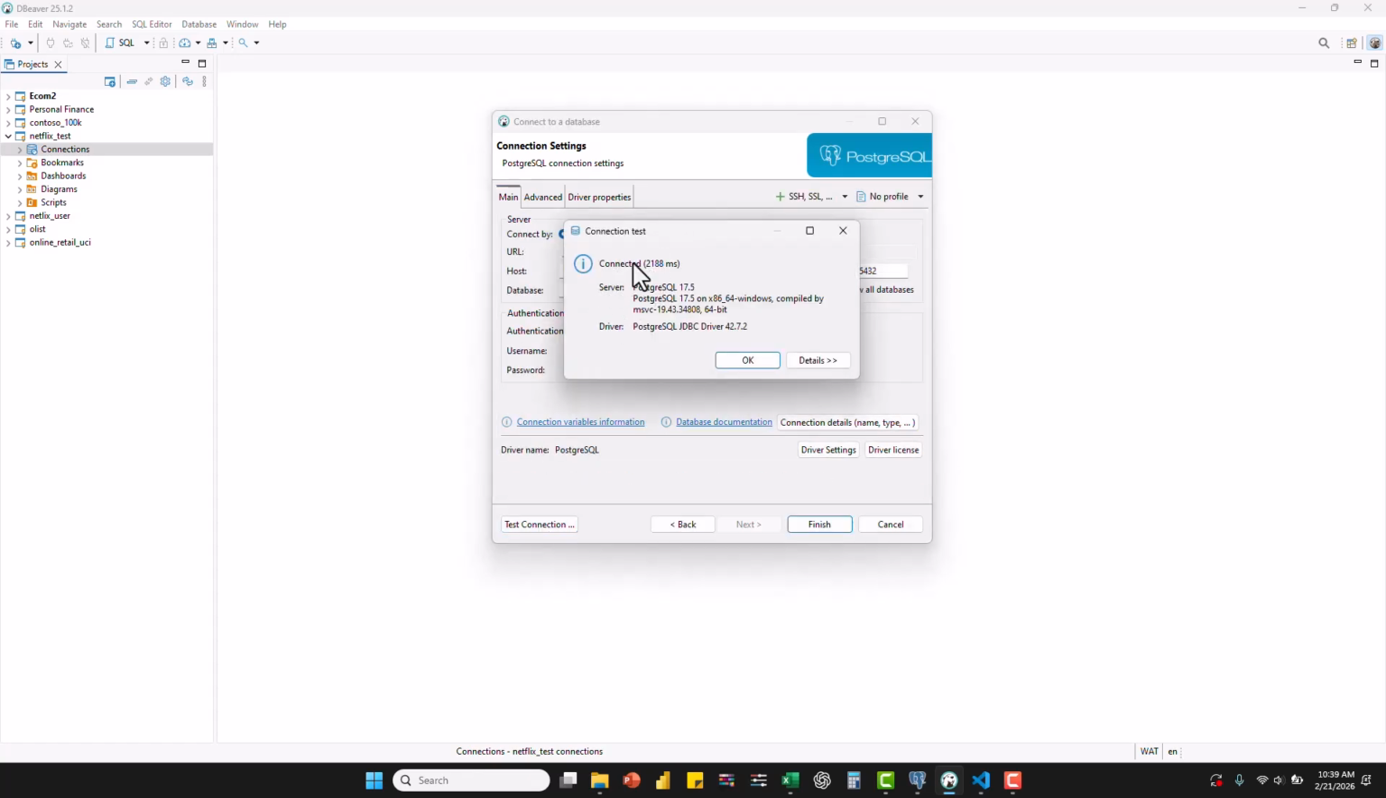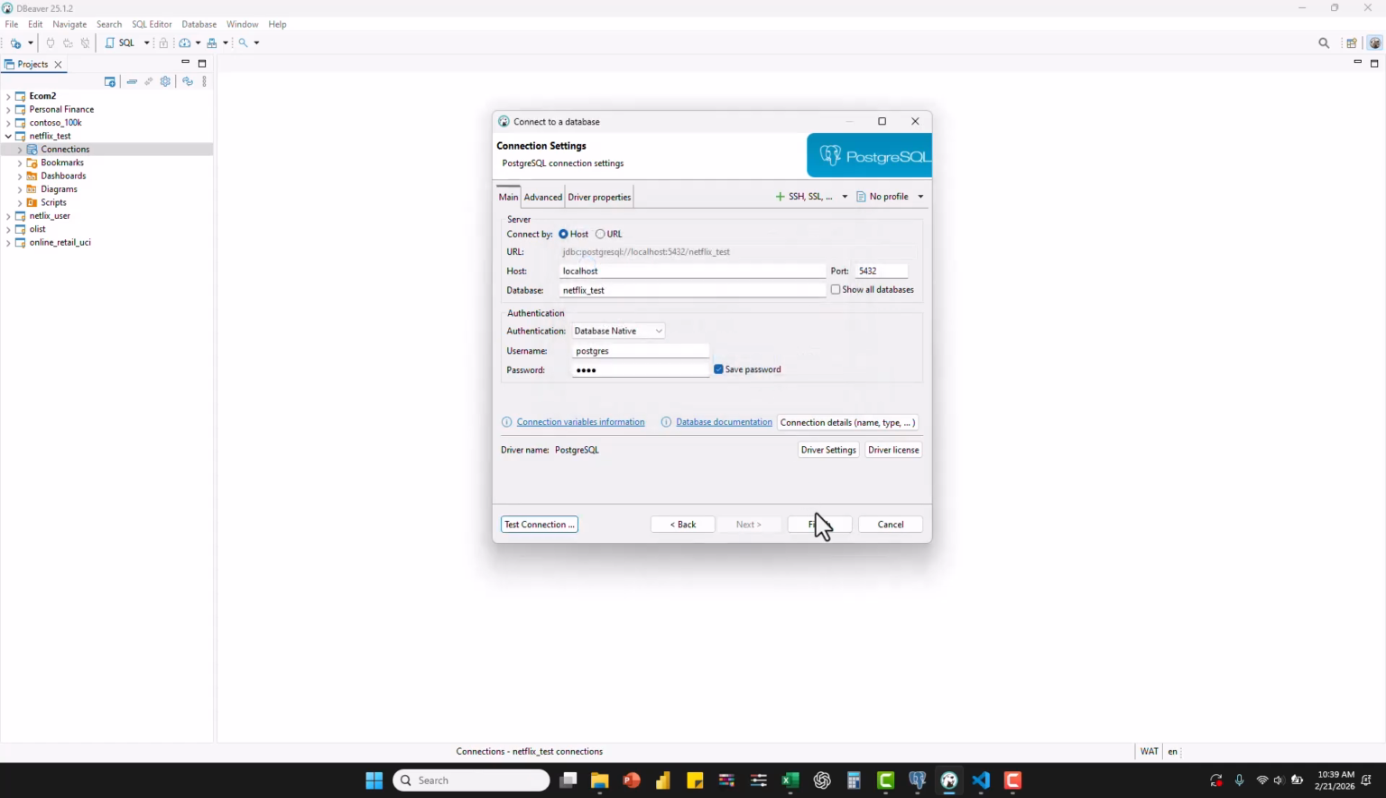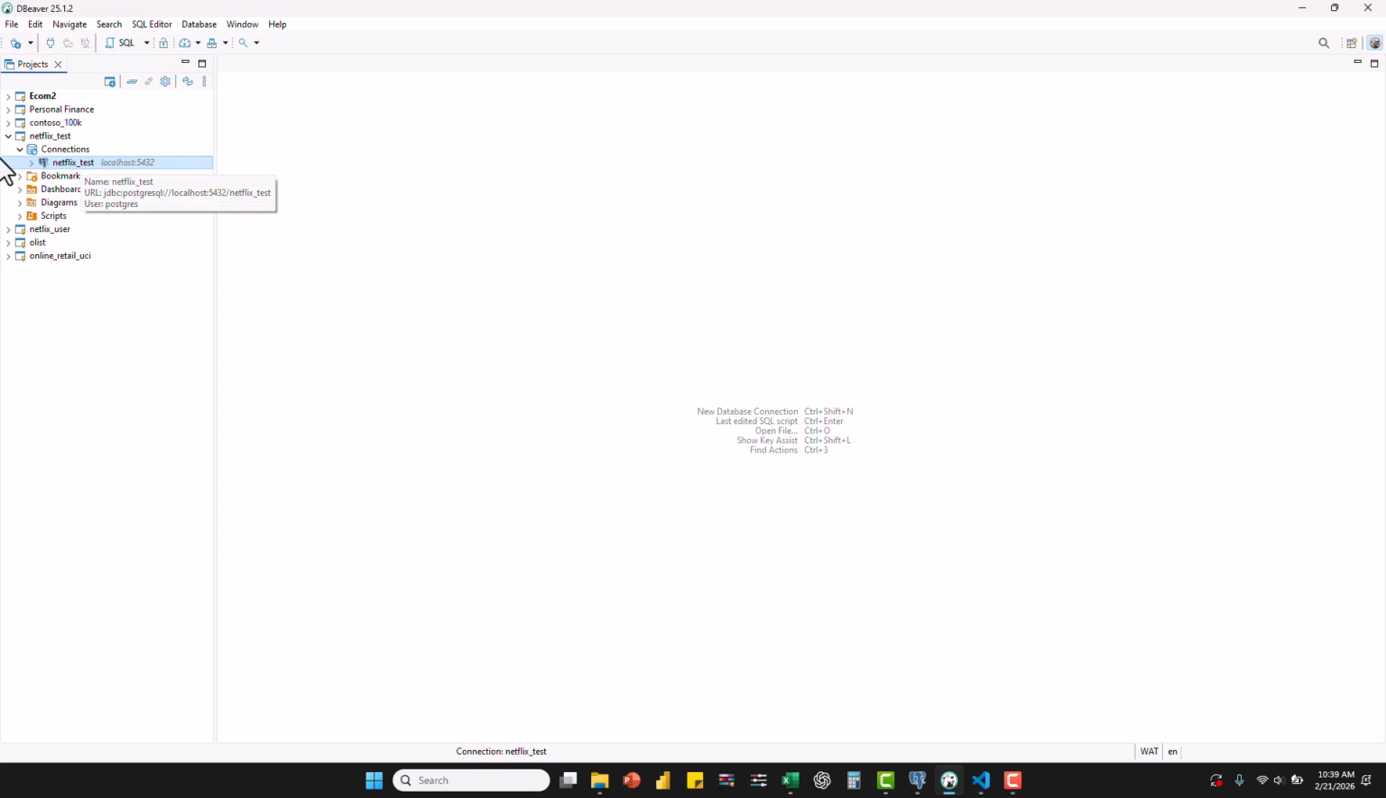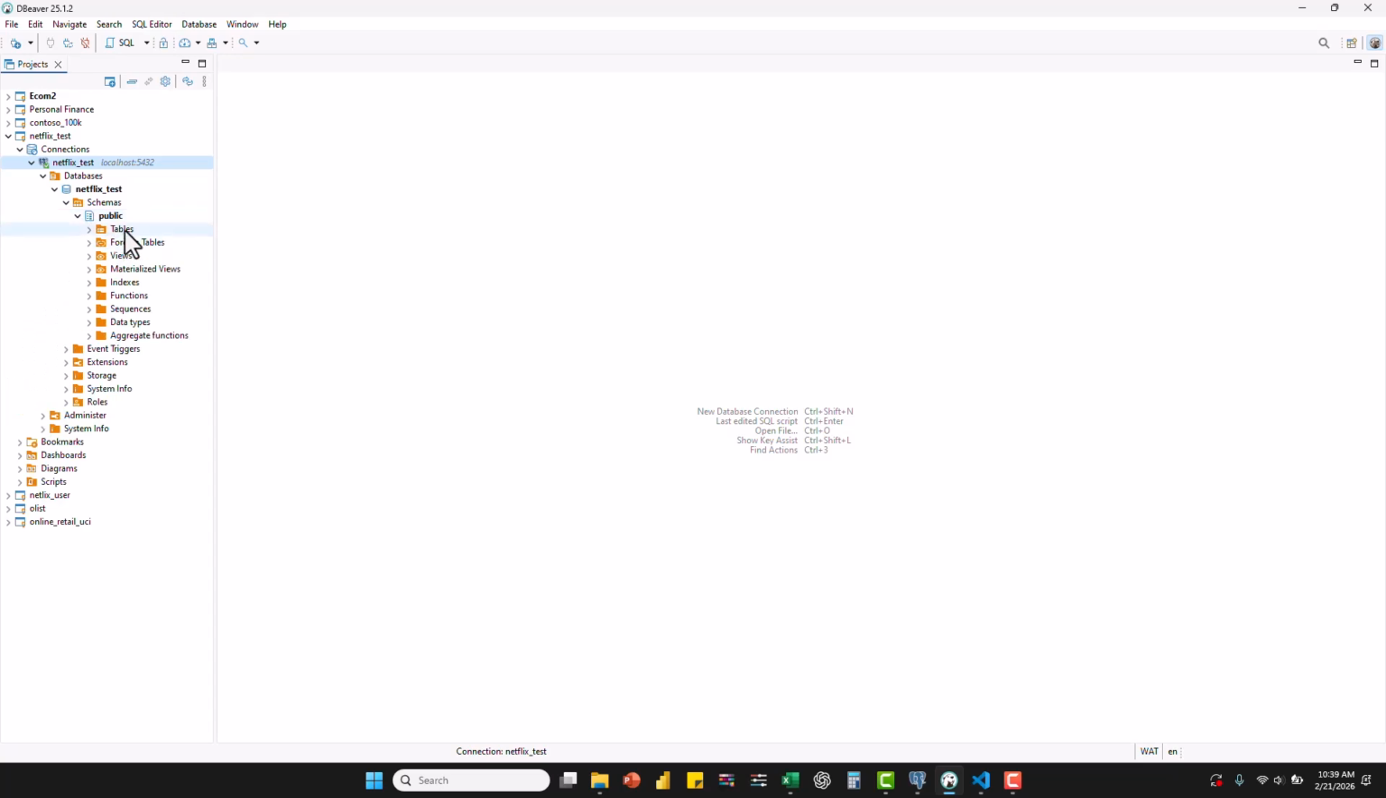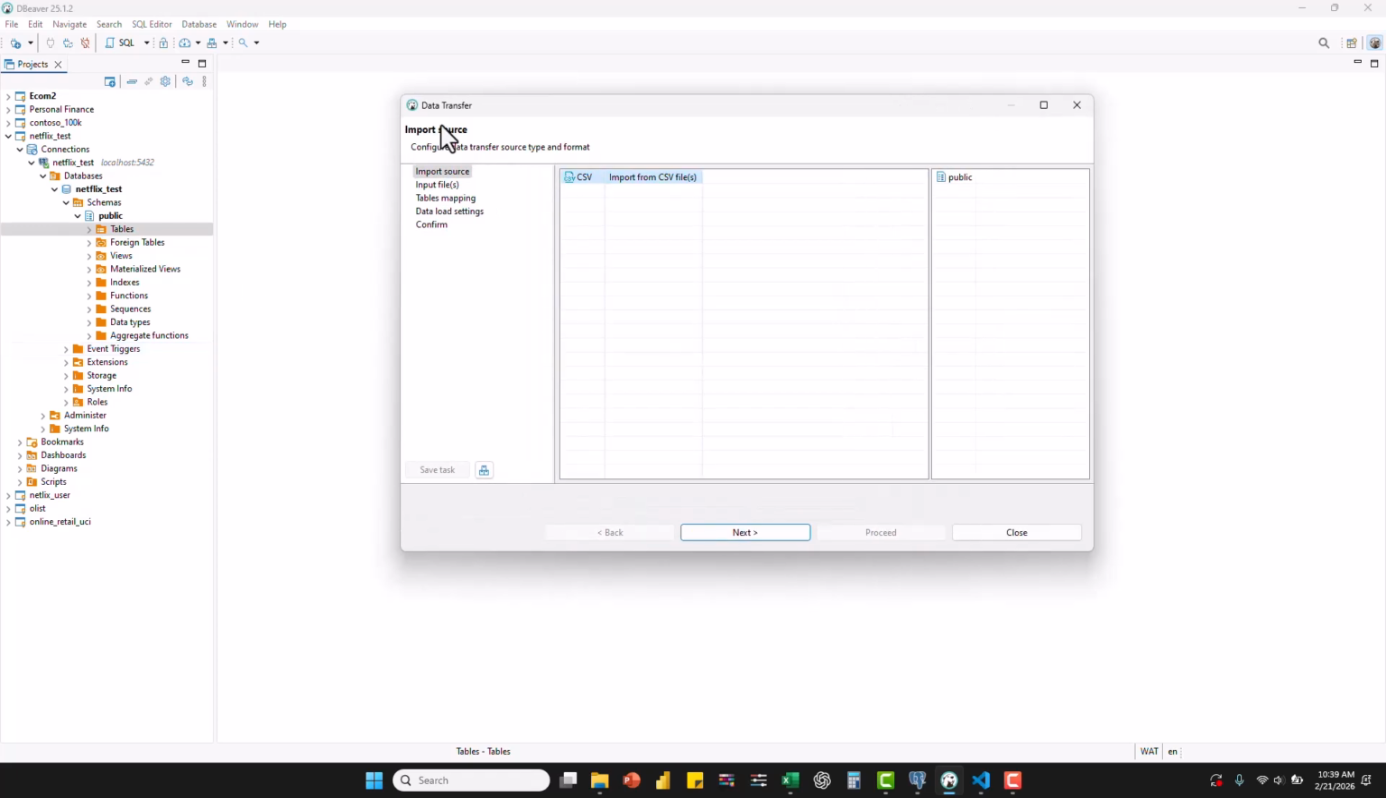With this connected, we have gained access to our database. Okay, now let's import our table into this database. So click on the arrow, then database, Netflix, schema, public, and on table. Just right click on it and select import data. So now from this here, just click import from CSV file